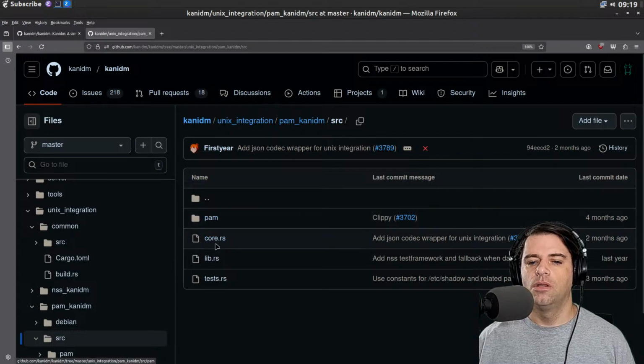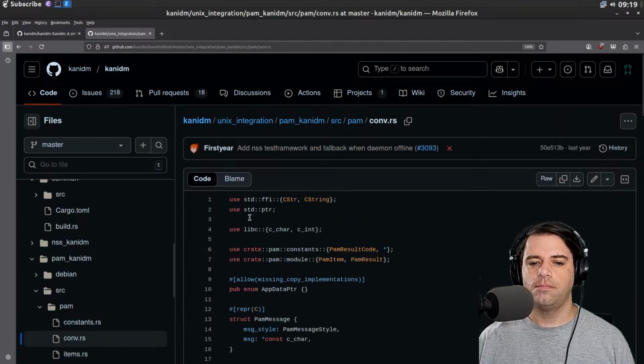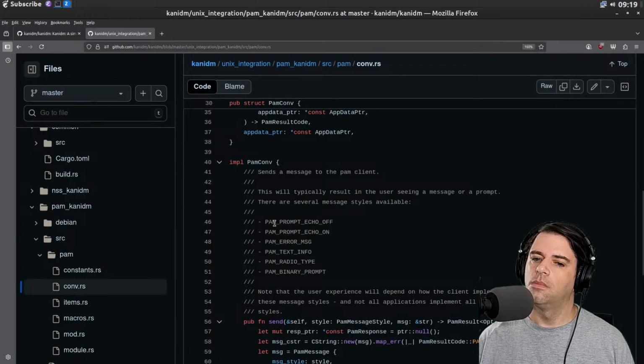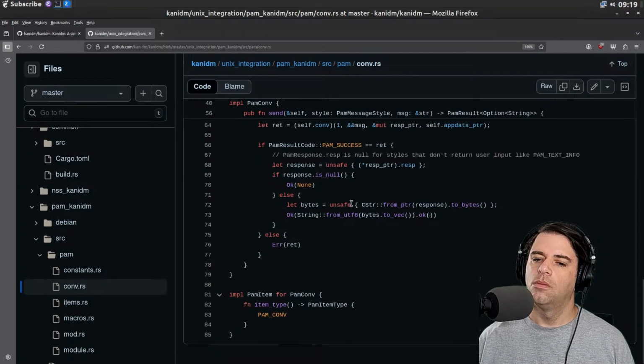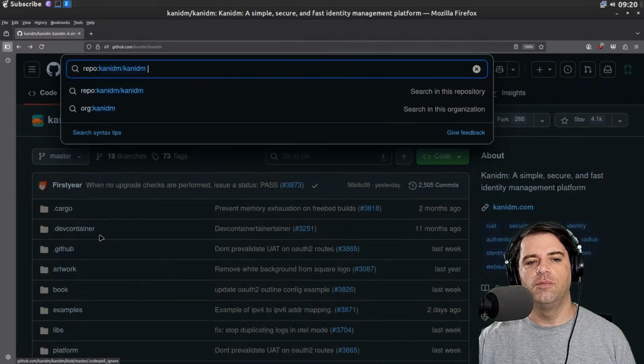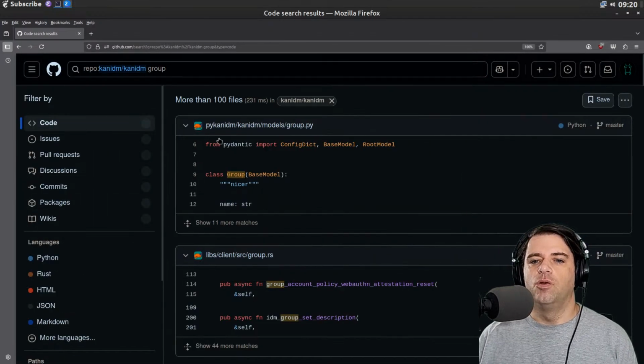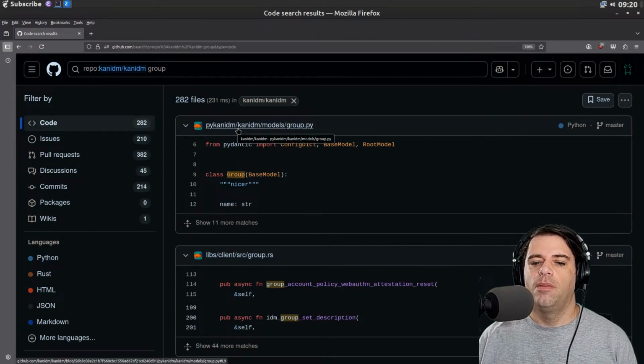PAM core. So this is implementing some PAM thing. Okay, so there's some PAM server, PAM client. Great. That is all sensible. So let's find out where groups are. Group, class group. Maybe in Pi Kanidm.